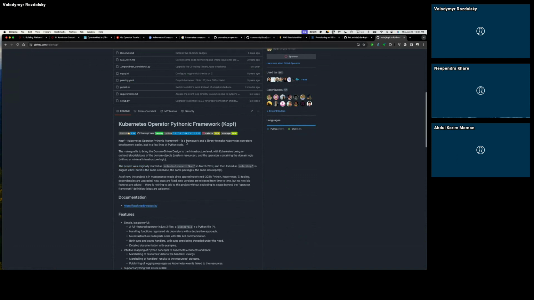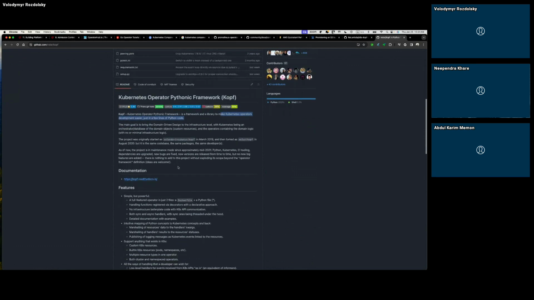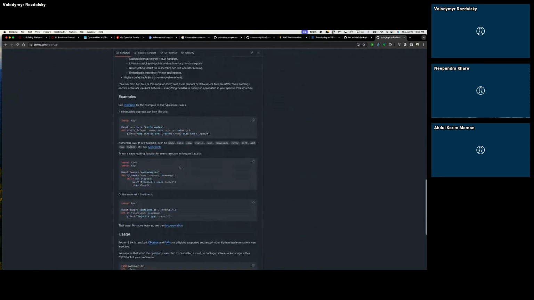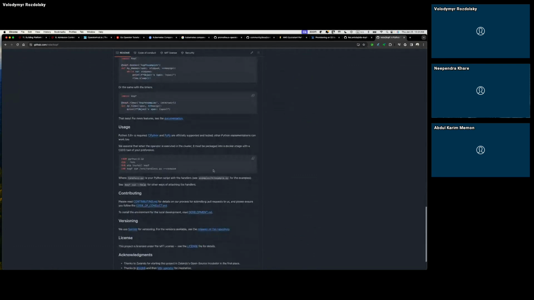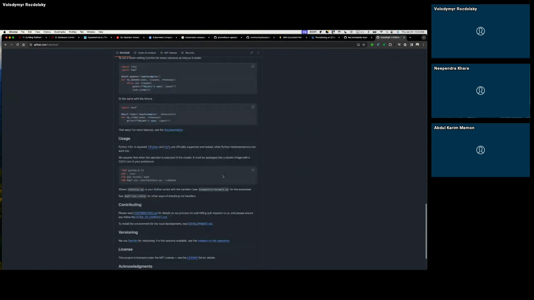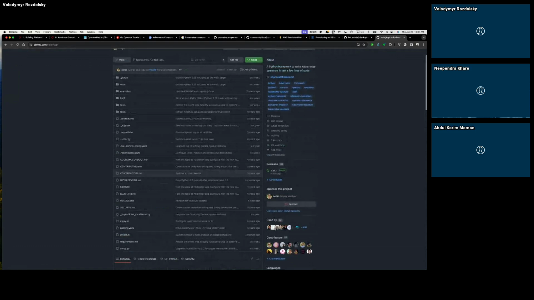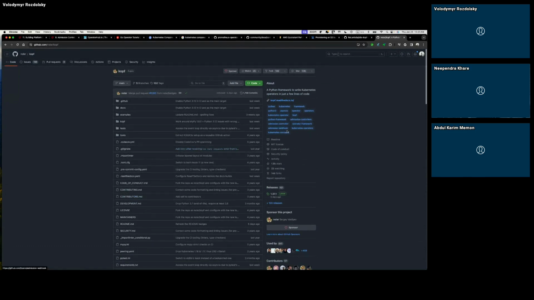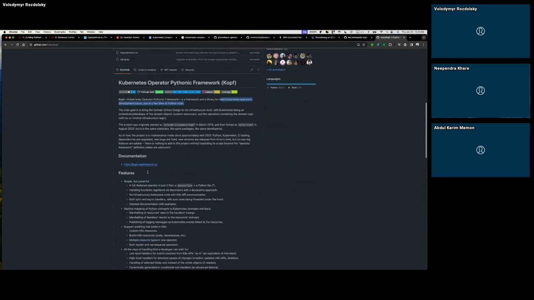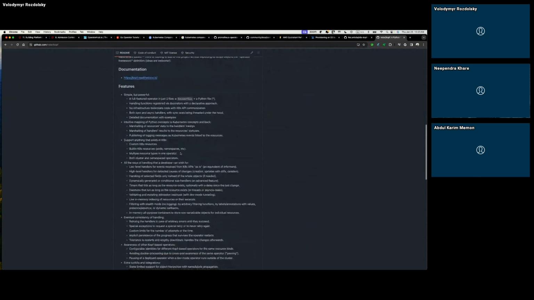Oh, so that's another framework for operator development, specifically for Python. Okay. Is this also adopted by the community? I haven't heard of this one. It is actively maintained, about 5 years old. Okay, interesting. Yeah, maybe Python will be easier.